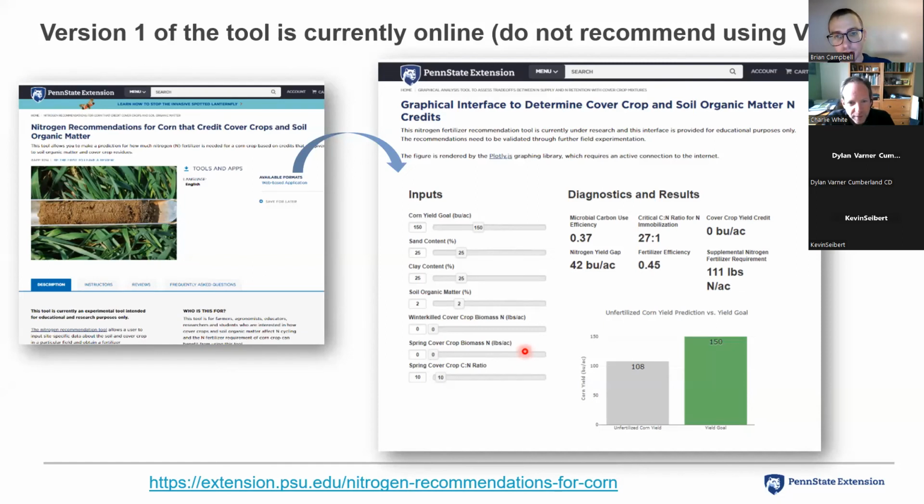Eric asked, why does the delta yield require a significantly higher amount of nitrogen per bushel of yield? That's a great question. That nitrogen per bushel of yield might be 2 to 3 pounds of nitrogen per bushel, and that has to do with a couple of things. One is we're now looking more at the physiological requirement to put additional units of nitrogen into the grain and into the stems and the leaves. If you look at the nitrogen required to grow that grain plus the stem and the leaves, it's higher than just for the grain, right? A bushel of grain might require 1.2 pounds of nitrogen to grow that grain,